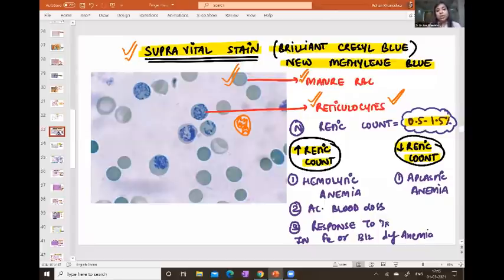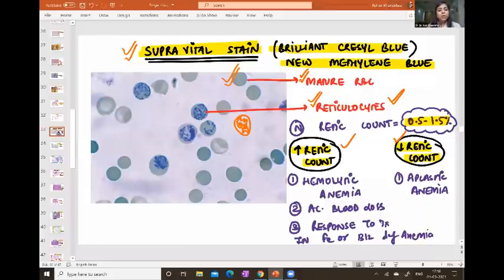Next question. In which conditions will you see increased retic count, and in which conditions do we see decreased retic count? That's another very, very important thing. So raised retic count, also called reticulocytosis, is seen in hemolytic anemia, right? For a pathologist, a very important indicator to diagnose a case of hemolytic anemia is raised retic count. So even in the MCQ exam, students, please focus on the history. If the retic count is raised, one DD always think about is hemolytic anemia.